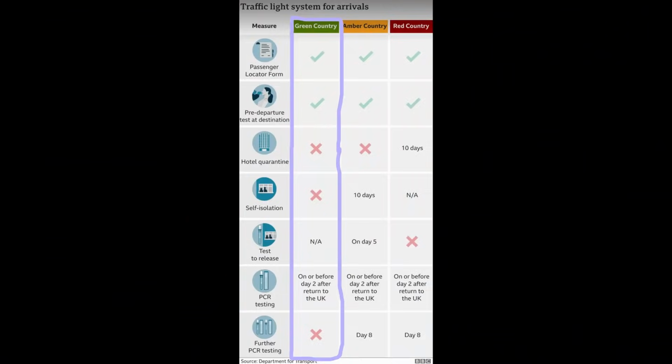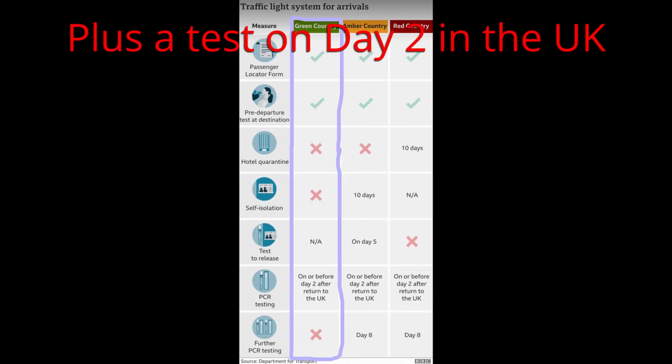if the UK then puts the US in the green group, that means that you only have to fill in a locator form and do a COVID test prior to departure from the US to the UK. Currently you only have to do a COVID test from the UK to the US as well. So that would make sense. That would be a kind of easy way to do it, but you're going to have to be trackable, and obviously you're going to have to pass that test. But it would open that travel up now to everybody, as long as they've got a negative test or